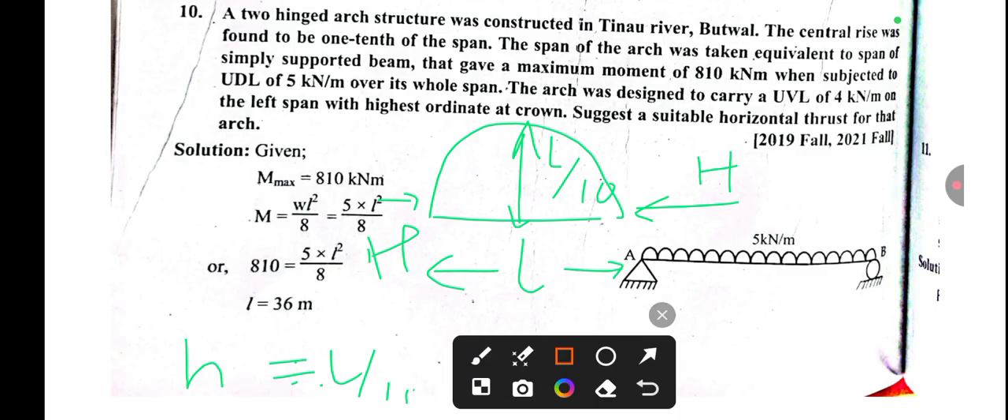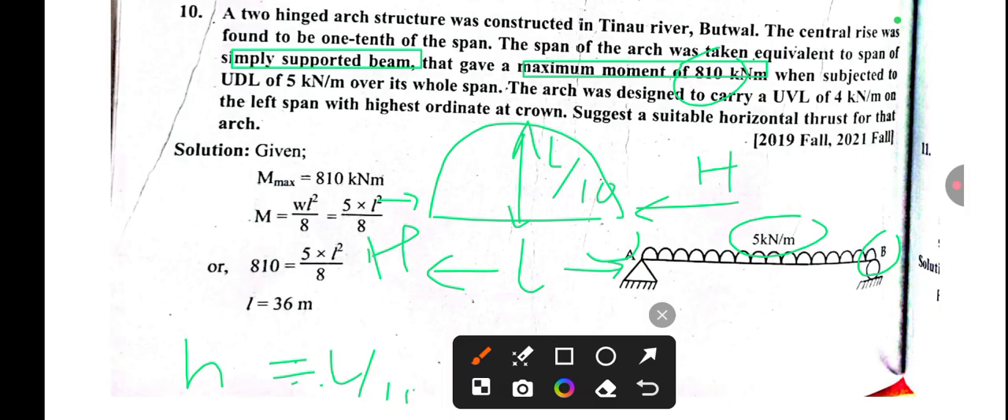Now the span of the arch was taken equivalent to a simply supported beam, and it gives a maximum moment of 810 kilonewton meter when supported by the UDL of 5 kilonewton per meter. So if the UDL is applied over here, suppose this is the span AB, here the UDL of 5 kilonewton is applied in this entire span AB. So the maximum moment is